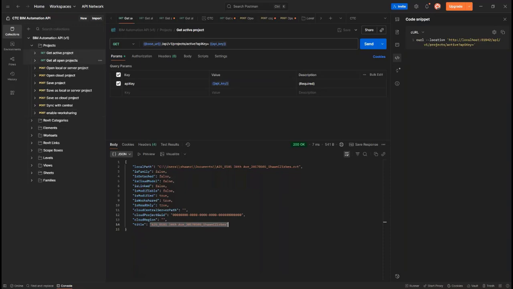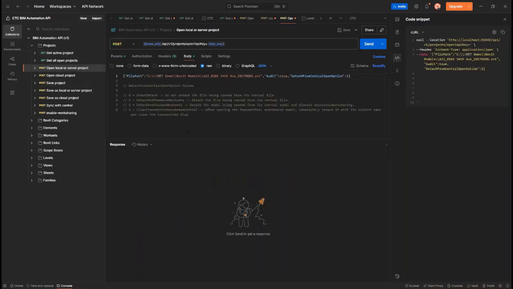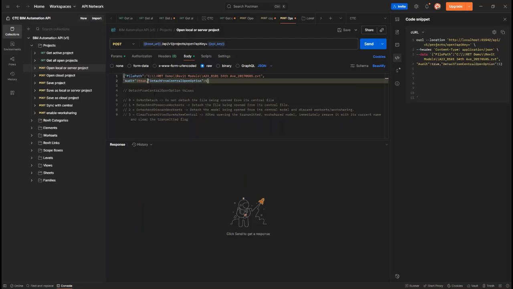So if you had more than one project open, you can get all open projects. You can do things like opening a project directly. So I can actually tell Revit to go open a project. Now, this is a little bit more complicated with this one. It's not just a path. It actually requires that I give it some kind of a body to go along with it. So I can tell it like, open this file at this path, you know, audit that project while it's opening,